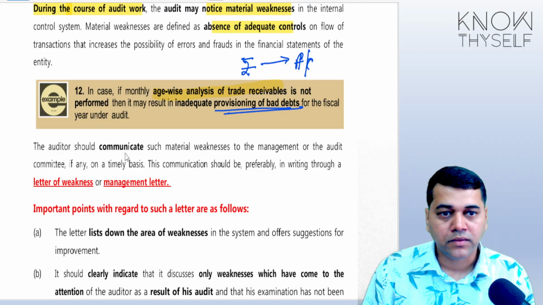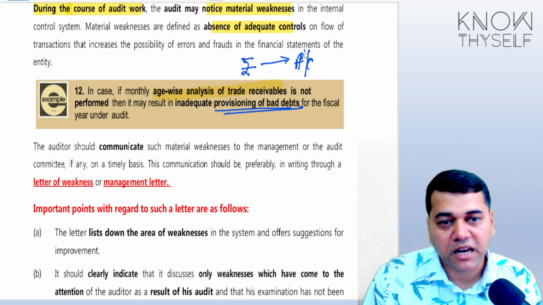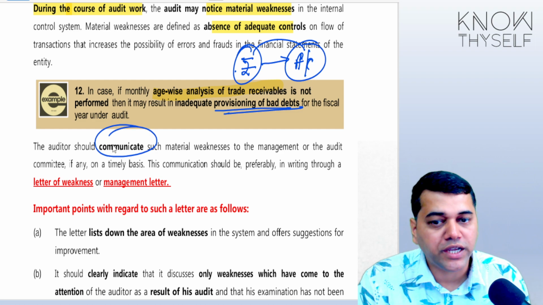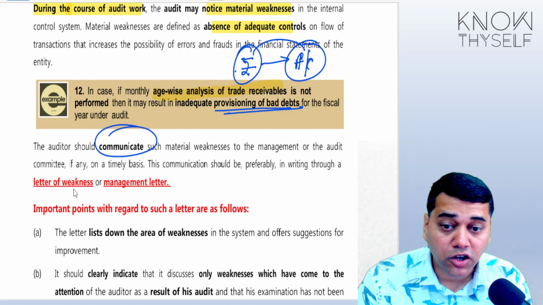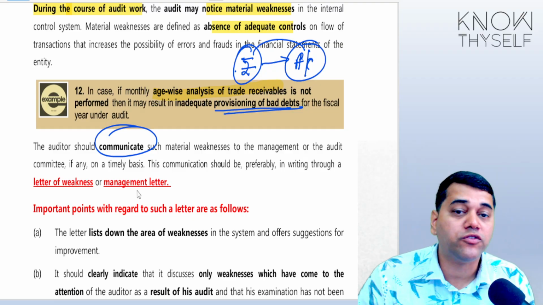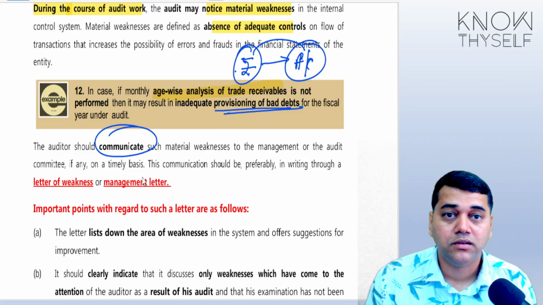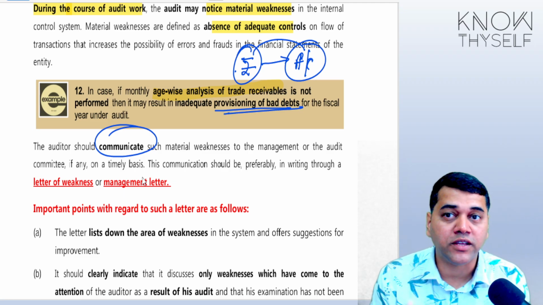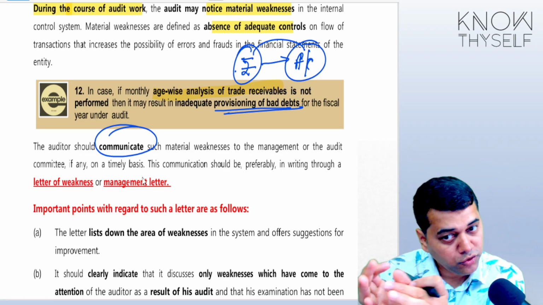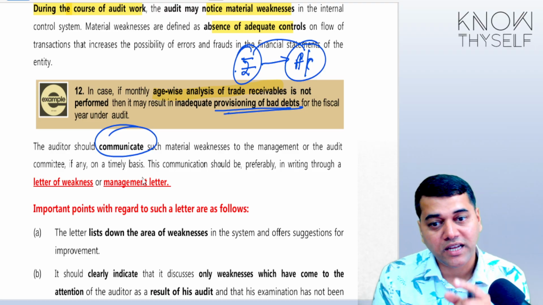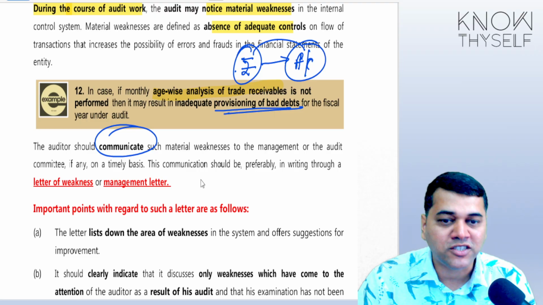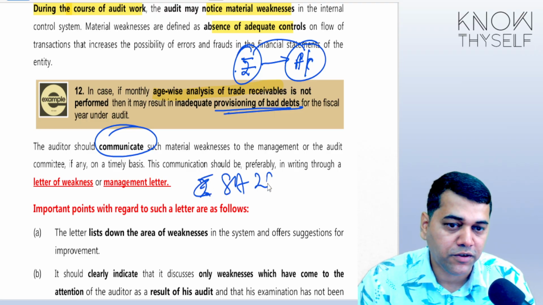Now you are concerned with RBD, but RBD is coming from cash risk. So if this is addressed, RBD is automatically addressed. So you have to communicate how? By giving something called a letter of weakness or management letter. Remember this keyword, because in the examination they will give you these words, management letter. Don't get confused with that word. They may not tell you proper keywords, they may use the word management letter. You have to understand that they are talking about the letter of weakness, the communication of the weakness to the management, and in short, SA 265.